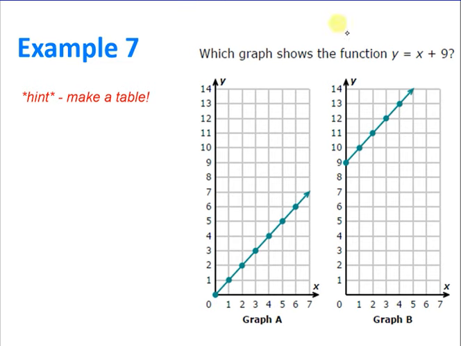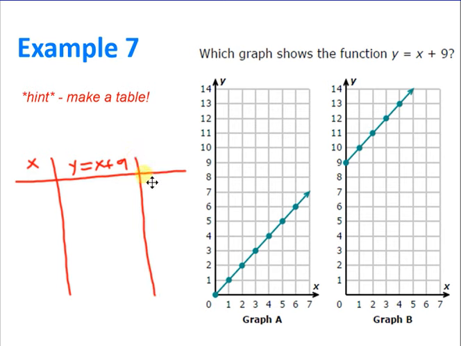Let's look at another example. Which graph shows x plus 9? Now in this case, it did not give you that handy little chart, so you need to actually make one on your own. And the easiest way to do that is to make an x column, write y equals x plus 9, make a y column,